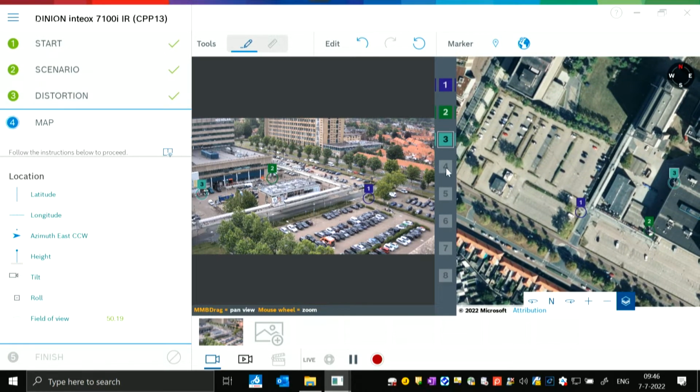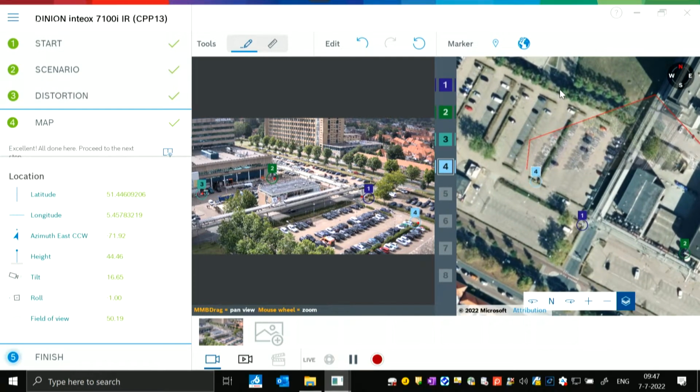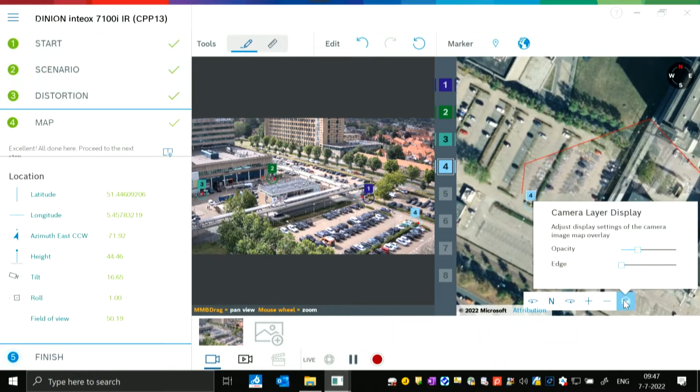So I already have 3 points, and I can also put now a 4th point. Let's take this part of this hedge here, which is point 4 here on this hedge, and then point 4 here on the hedge. And now it starts already to triangulate, right? So this is really the beauty of it. By giving 4 points in the live feed, but then also relating and connecting it to GPS data, we can already triangulate really where we're looking at and how to calibrate it. So I can verify already, giving a little bit more data to it.